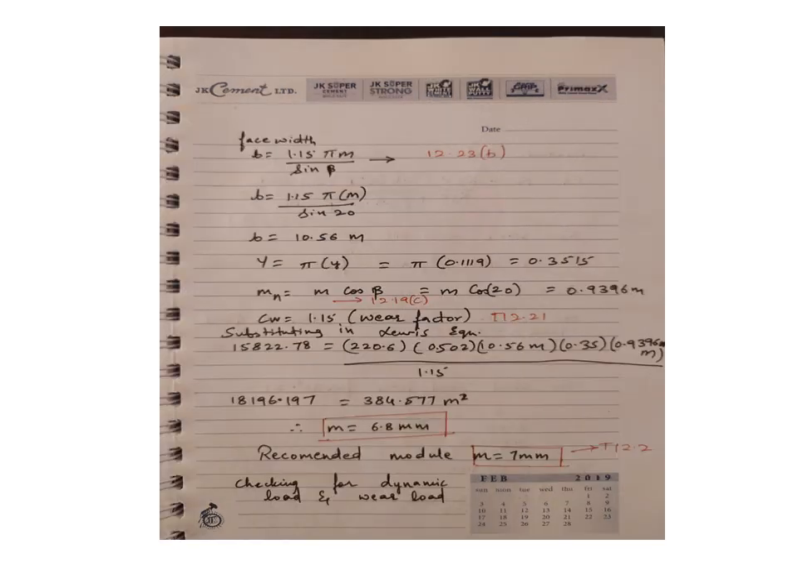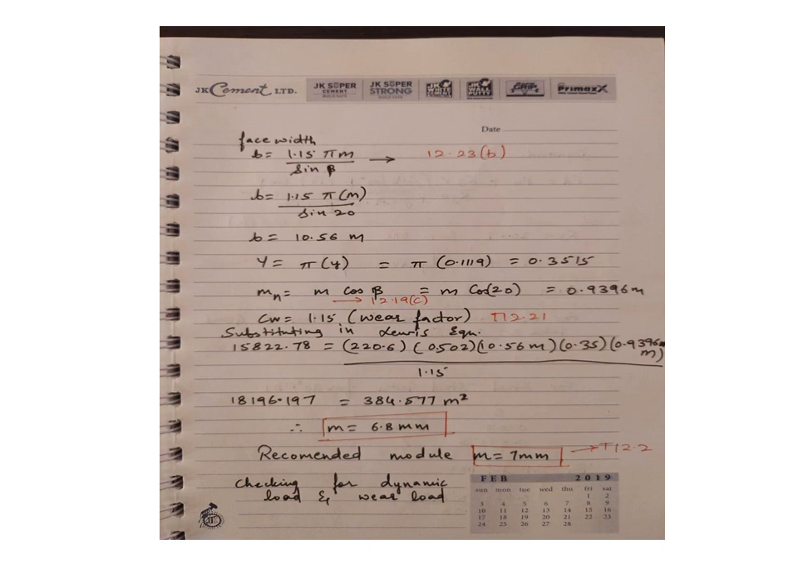Now coming to the face width calculation. Face width is given by 1.15 times pi into m divided by sine of beta. This is as per equation number 12.23b from the data handbook. b is equal to 1.15 pi into m divided by sine of 20, it comes out to be 10.56 times m. Whereas capital Y is pi into y, that comes out to be pi into 0.111, which comes out to be